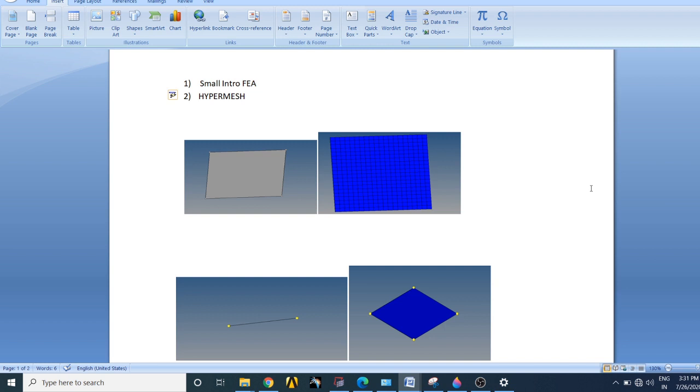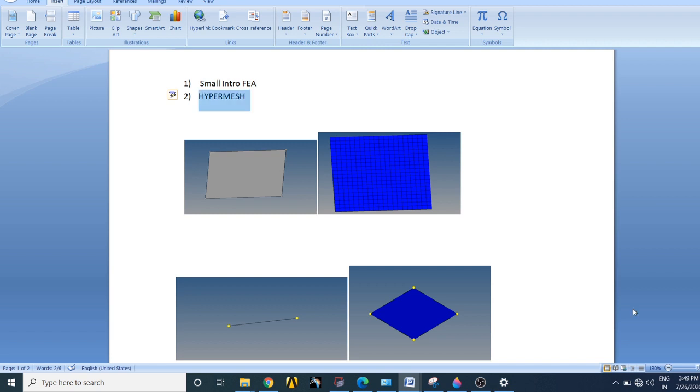That's how FEA can reduce the time taken for solving a complicated structure. However, in FEA the results do not exactly match the actual results. Anyhow, the FEA results are considerable to carry out analysis. This is the small introduction for FEA.